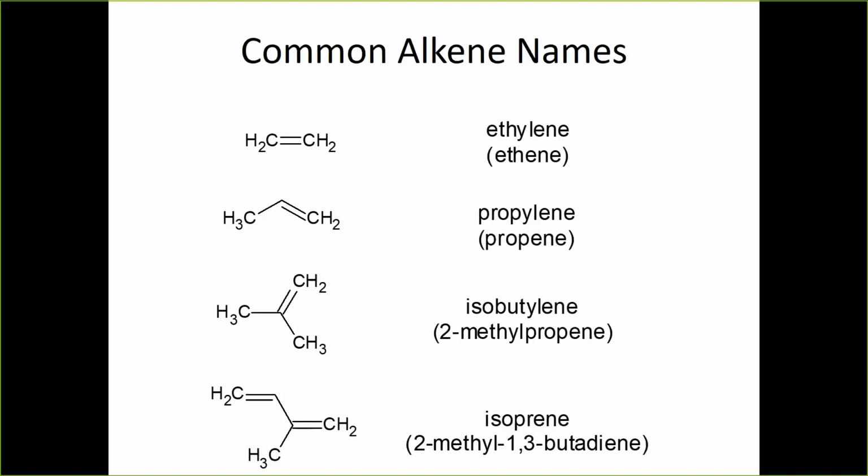Below that, you see the 3-carbon analog of that would be called propylene, the common name. The 4-carbon one below that, which is branched, would be called isobutylene, and that's the same thing as 2-methylpropene. And then at the bottom there, you see one that is called isoprene, and we're not going to talk about that today, but I'm going to be doing a talk in the future about natural products chemistry. And so isoprene is a building block for terpenoids, which are seen in a lot of natural products, so that's definitely a structure that you'll see over and over again in nature.